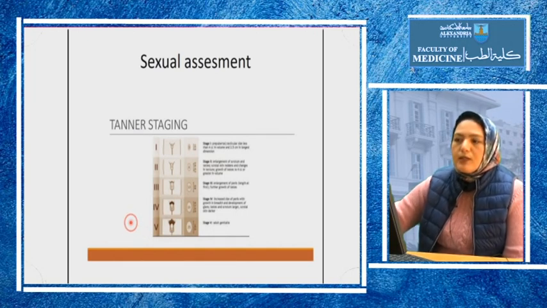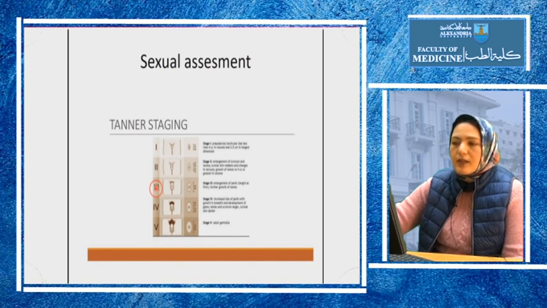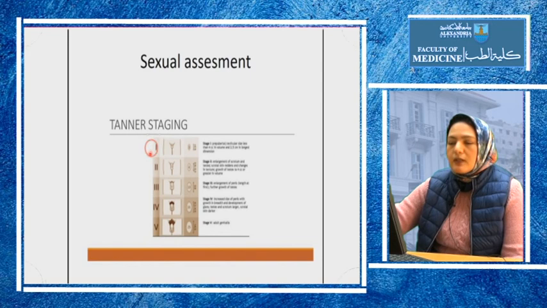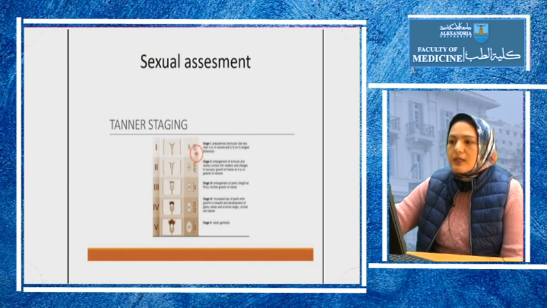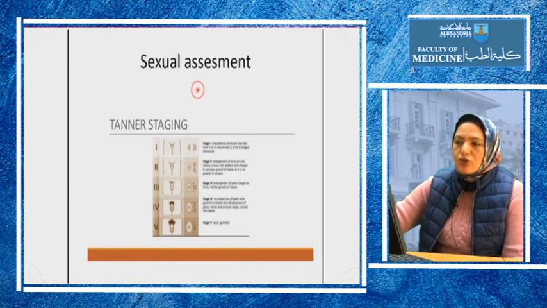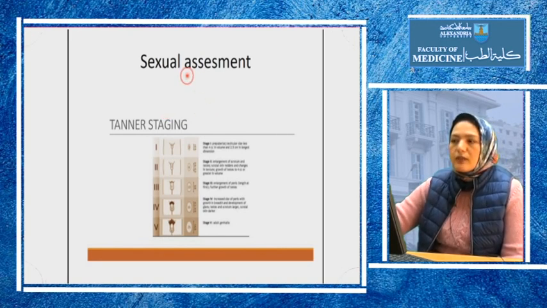Here we finished the first part of the lecture, which was the causes and history taking of a case of short stature. So the next part of the lecture will include the management including the examination and diagnosis and finally treatment. Examination of any patient with short stature includes three main pillars. First one is the assessment of the growth, which means the physical growth. The second is the mental growth, and finally the sexual growth or sexual assessment.